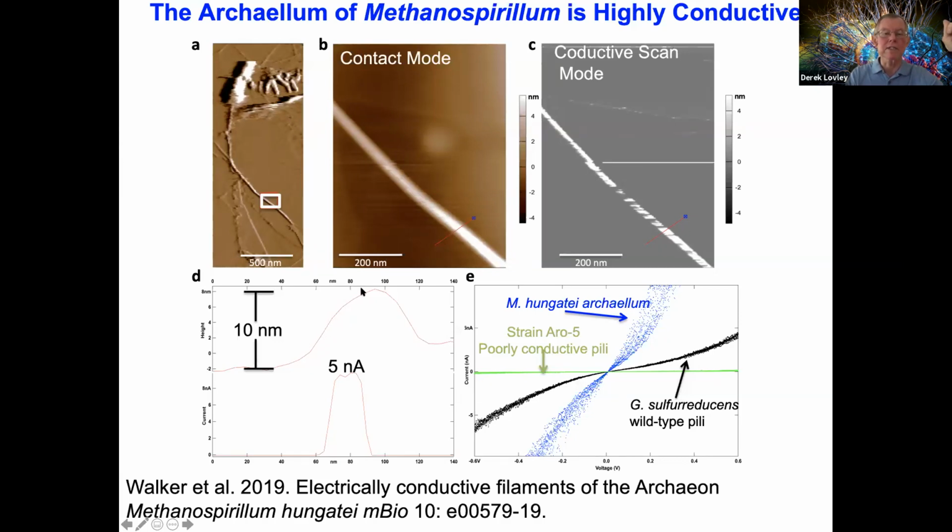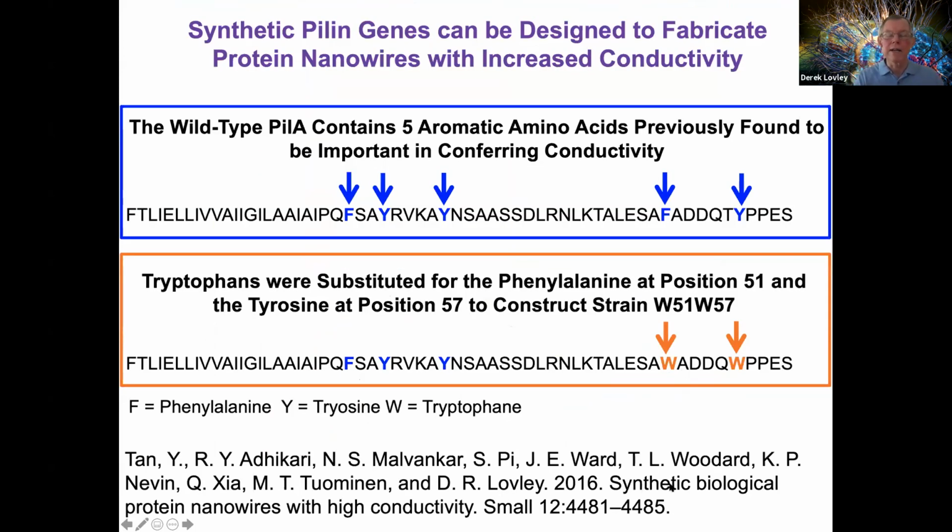When he measures the conductivity, this is the filament. This is a 10 nanometer diameter filament, so it can make fatter wires. It's conductive, and in fact, it has a higher conductance than the Geobacter. So there's a lot of different wires out there, and knowing that aromatics are important, we can start to now